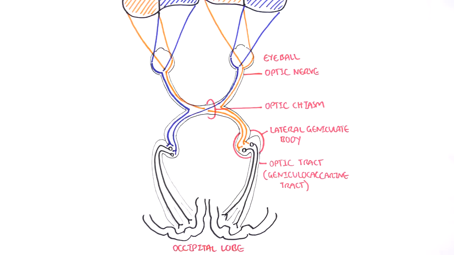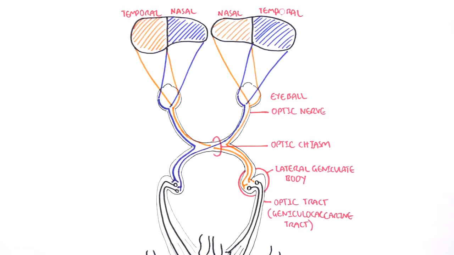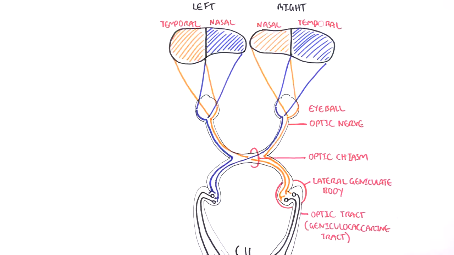I hope this pathway makes sense. Now that we have an overview or an understanding of the visual pathway, what happens to our vision if we have lesions occurring along these different parts? So